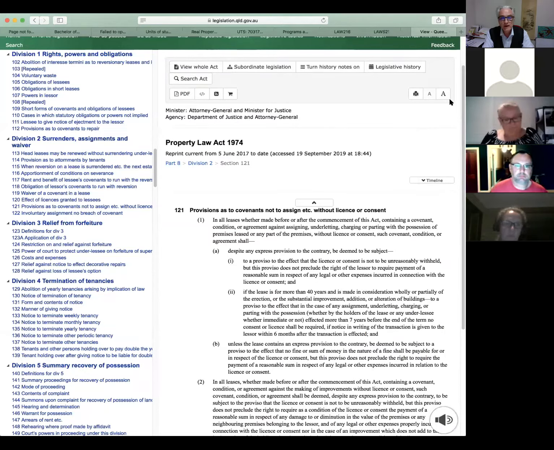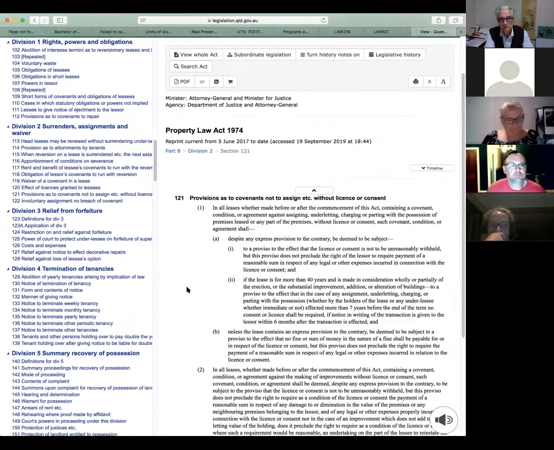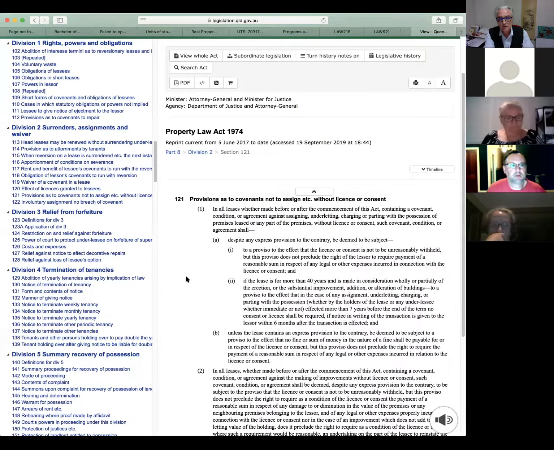So there we have section 121 of the PLA. Now, 121 is a fairly longish section, okay? But it's dealing with this idea of assignment.